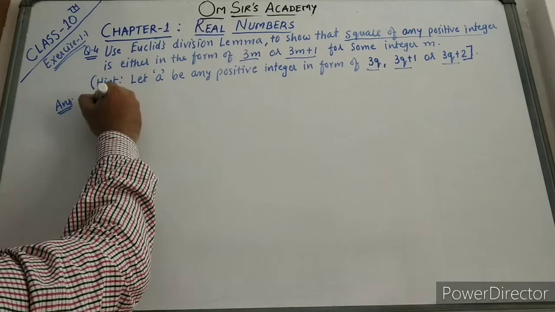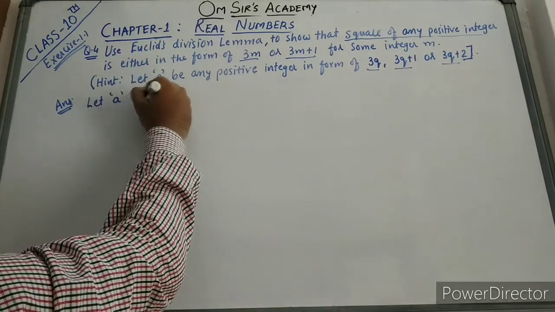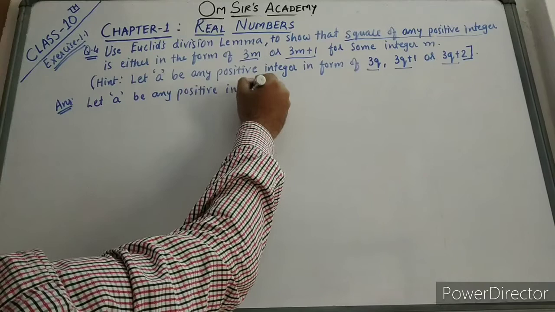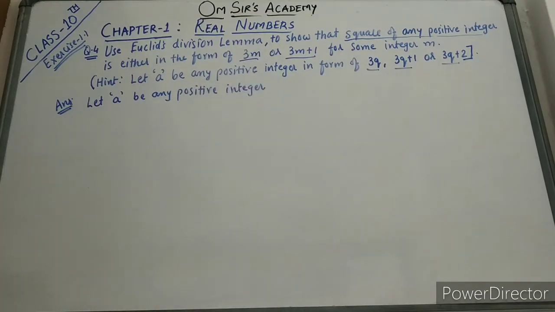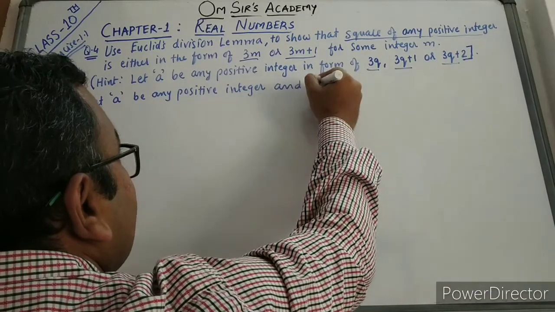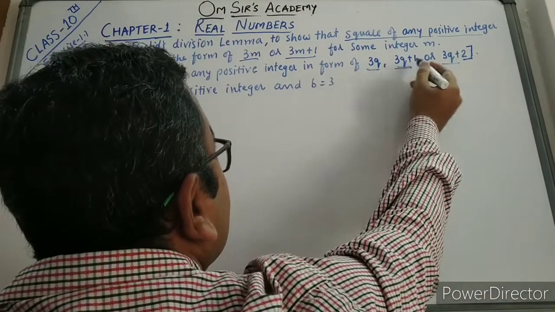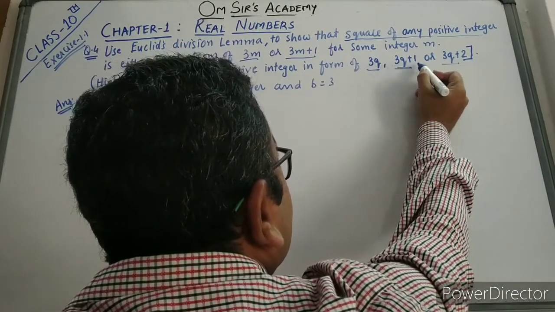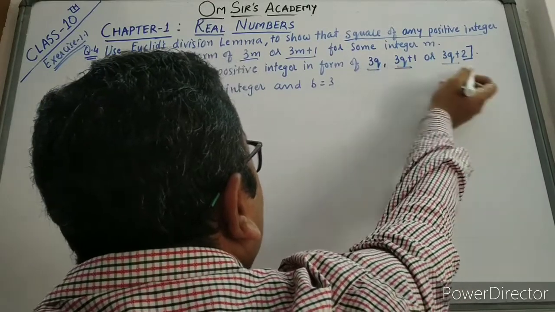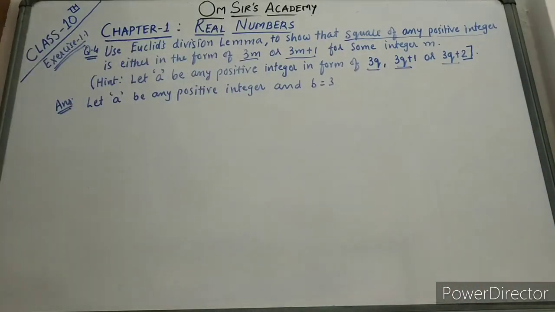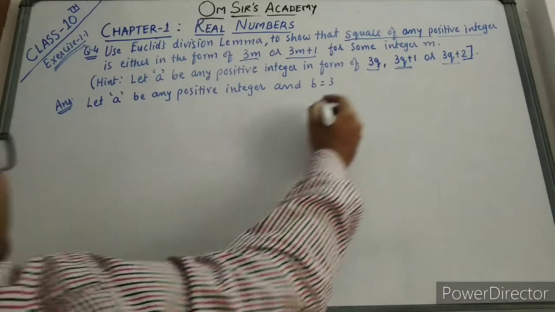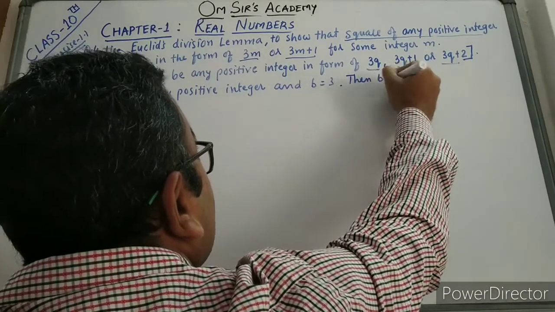Let a be any positive integer, and b is equal to 3, because the hint given here is bq plus r, that is, bq plus 0, bq plus 1 and bq plus 2. In all these three cases, what is my b? b is 3. So b will be 3, and then by Euclid's division lemma, the possible values of r will be